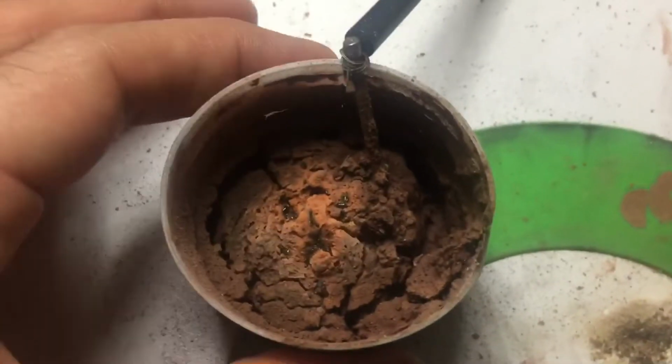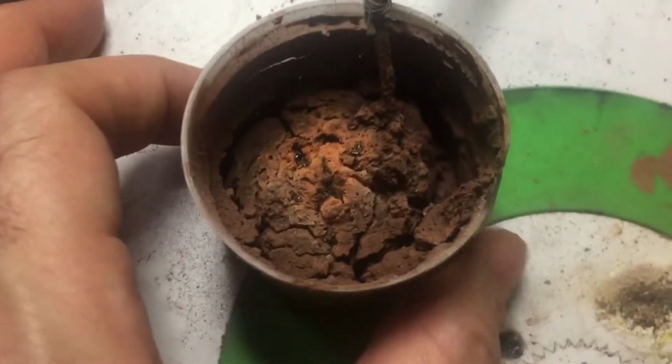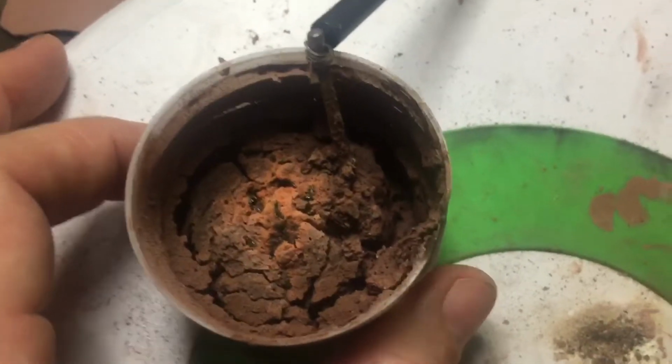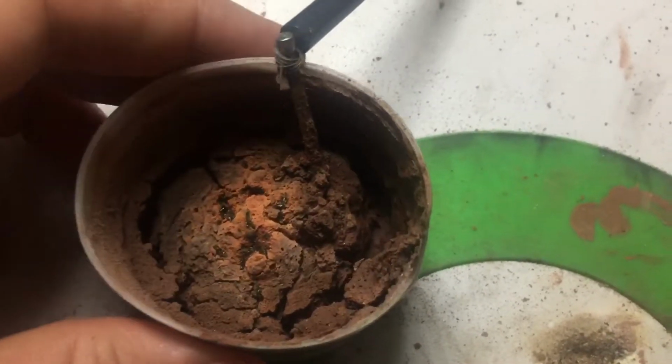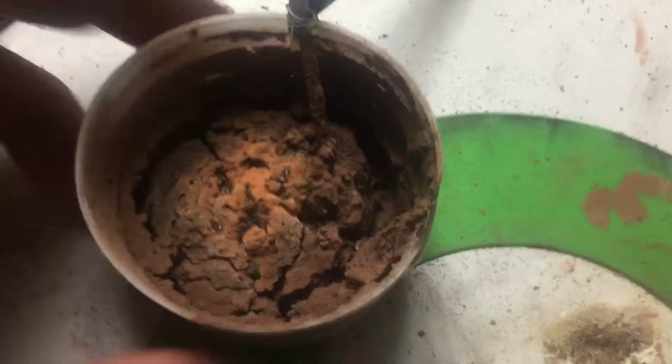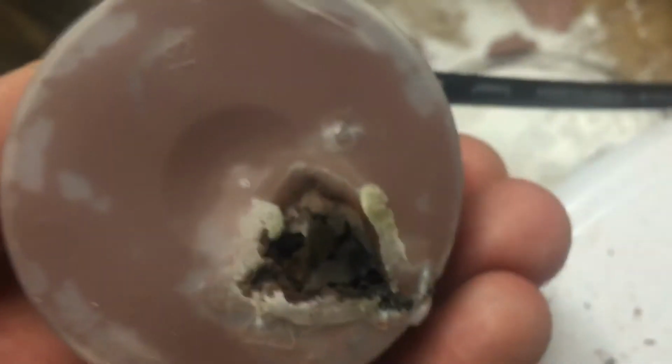So this thing's stuck to the bottom. I think whatever water was in the bottom just melted the plastic down below and fused it. So I'm gonna try to... Oh yeah, totally. There you go. Look, there's another little spot for us. Let's see how this...